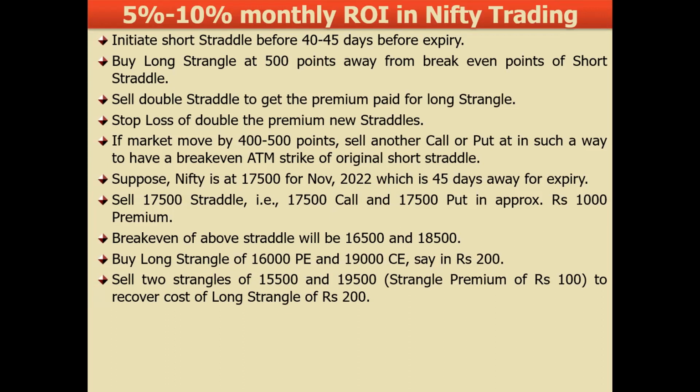क्लियर है आपको ये वाली लाइन? हमने स्ट्रेंगल खरीदा 16,000 और 19,000 का 200 रुपए के अंदर टू प्रोटेक्ट अवर स्ट्रेडल, लेकिन वो बोल रहे हैं मुझे 200 रुपए भी मार्केट को नहीं देना है, तो ये 200 रुपए भी वो वापस लेना चाहते हैं, तो उसके लिए उन्होंने फार ओटीएम के 2 स्ट्रेंगल बेच दिए, 15,500 का और 19,500 का। आज मार्केट चला 17,500 में, 2,000 पॉइंट का वो आपने आगे जाके बेचा है।